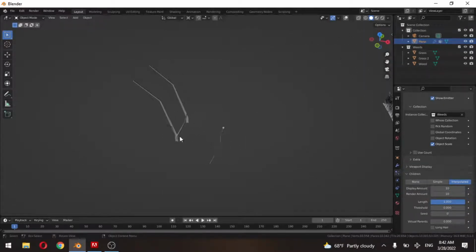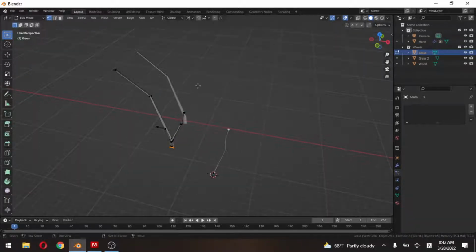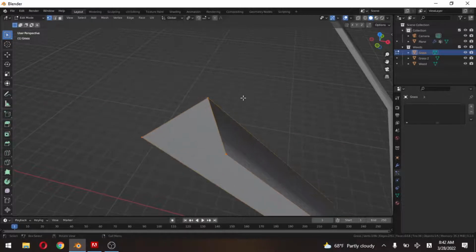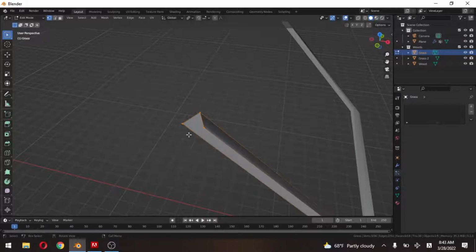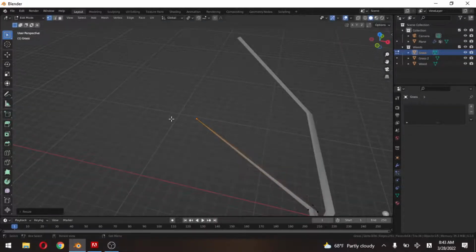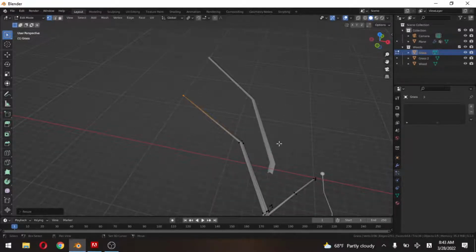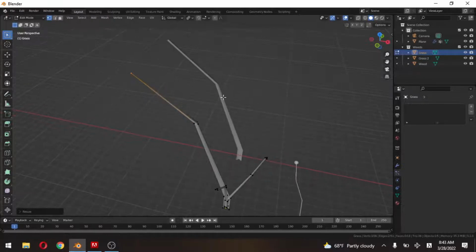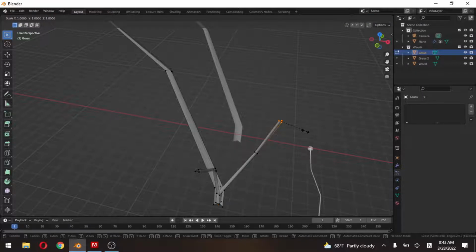Then I want to scale down the last edges here. As you see now, they are a little bit thicker. Then scale it by 0, then it will be like one point. It will smash these vertices to one point. Then again S 0,